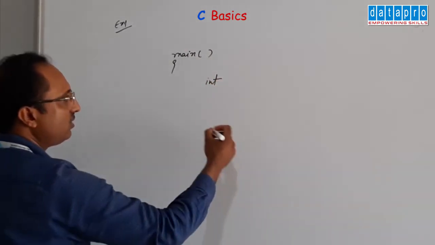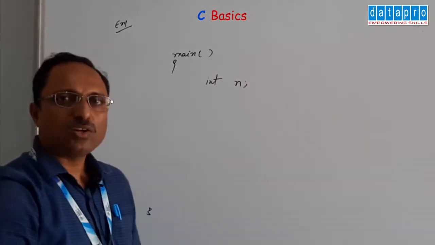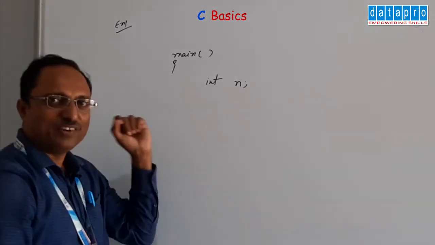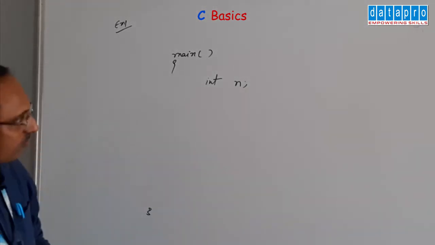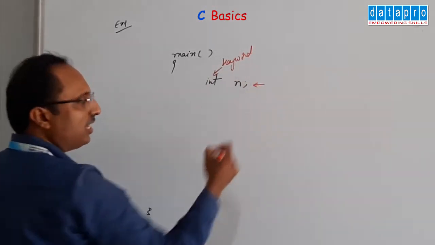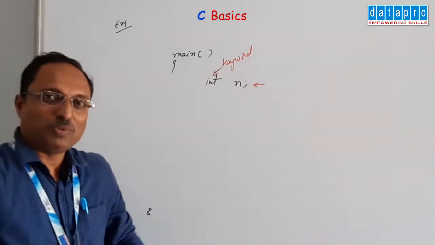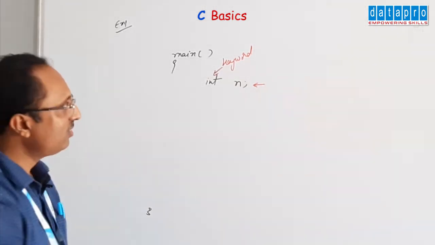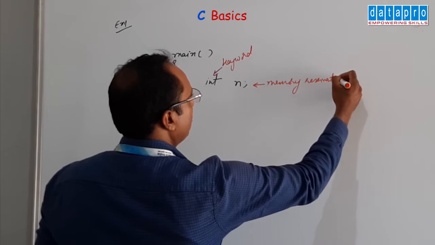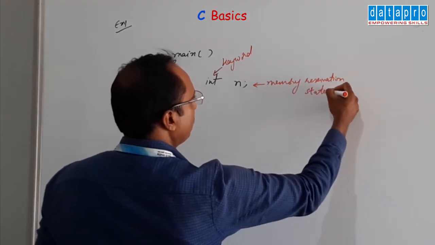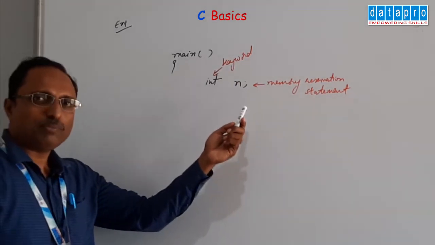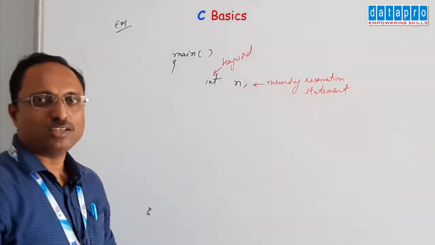Now, how do you do that? Numbers are known as integers in C programming. An integer is represented by the int keyword. This is a keyword. And this line is known as the memory reservation line. I told you that memory has to be reserved first before accepting the value. Memory reservation statement. Then what happens? Sufficient memory to hold an integer is reserved.